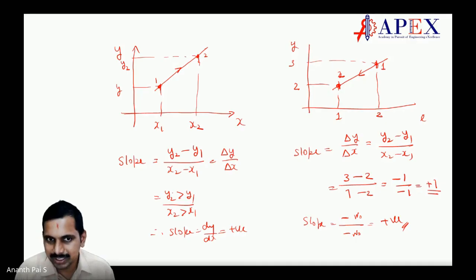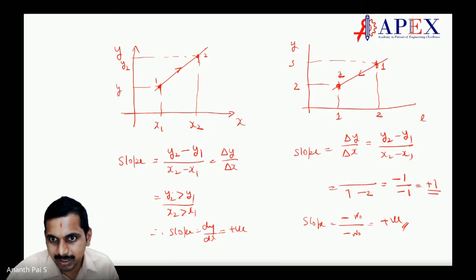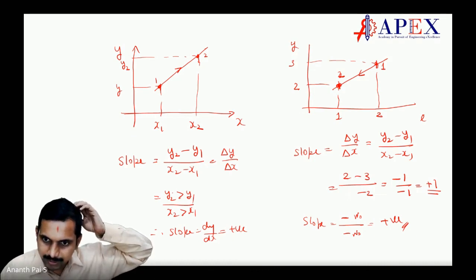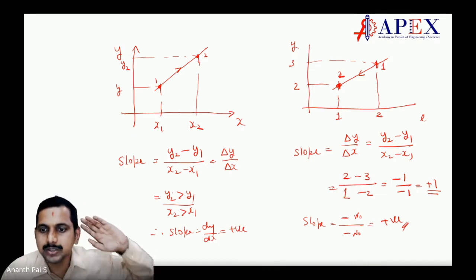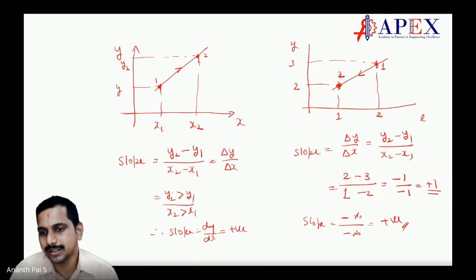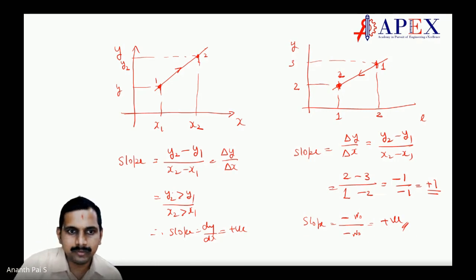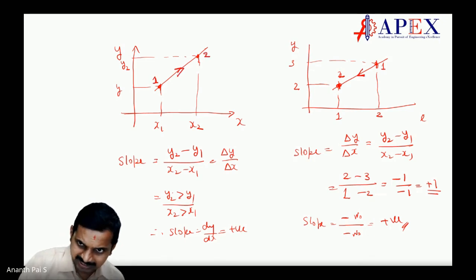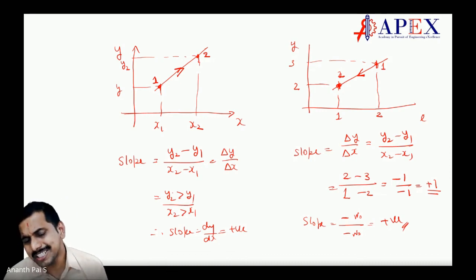Now is there any confusion? Positive slope is clear? Yes, sir. So 3 minus 2 is equal to 1. No, sorry, not 3 minus 2. It is 2 minus 3, because 2 is here. This is point 1 and this is point 2, so it is 1 minus 2, because we have y2 minus y1, x2 minus x1. Here we have considered this is point 1, this is point 2. Here we are going in this direction, and here we are coming back in this direction. Both the places it is positive slope. Correct.